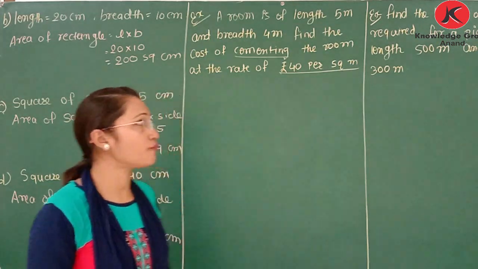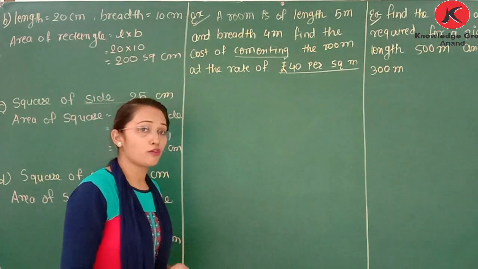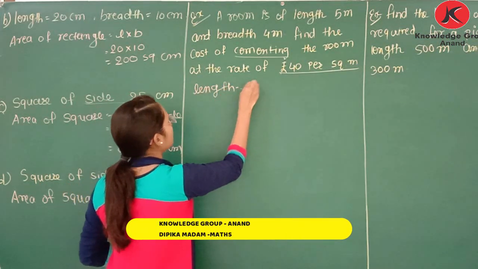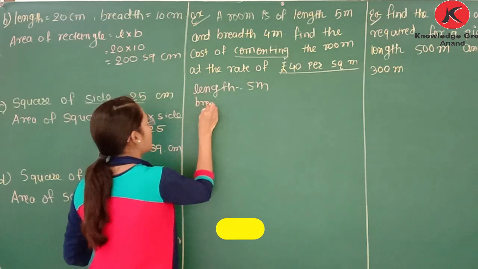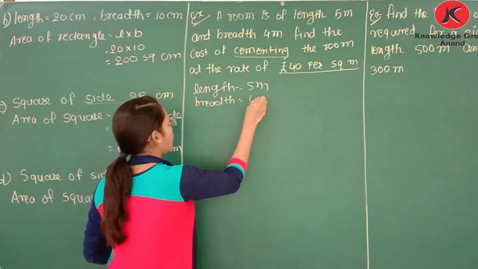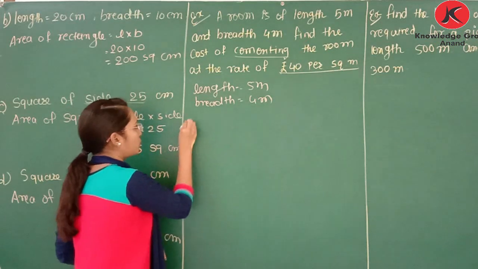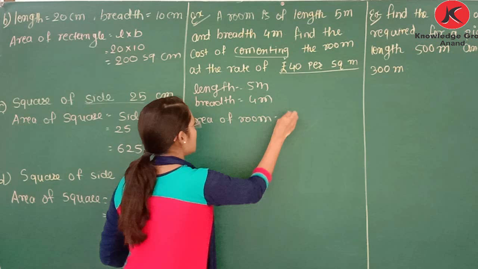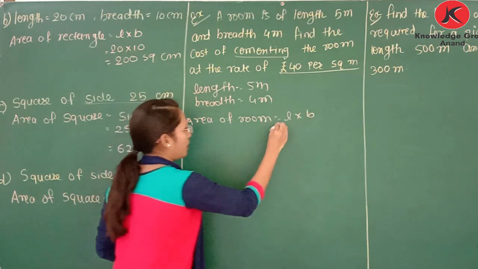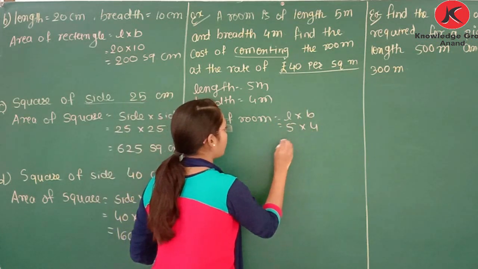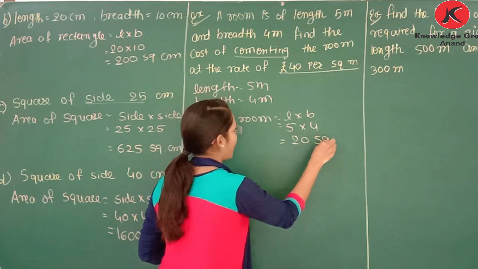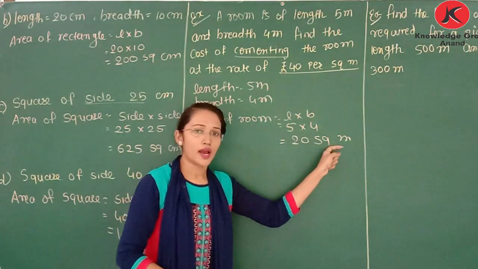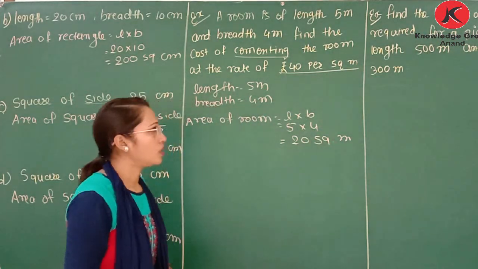So first of all we need to find area of room. Here length is given 5 meter and breadth is given 4 meter. So we can find area of room. That is L into B. Length is 5 multiply 4. 20 square meter. Here unit is meter. So in answer unit is square meter. Now cost